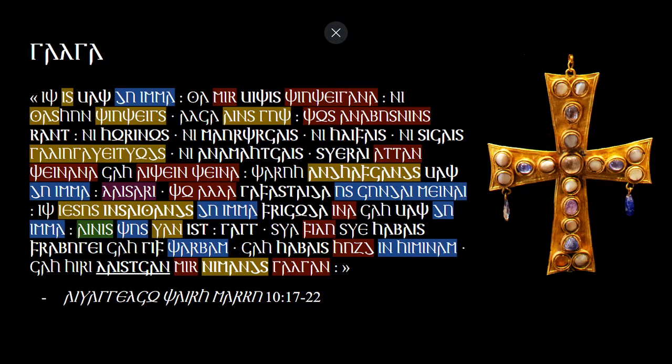So we come on now to our very last artifact, which is, of course, a cross, galga. And you might notice the connection with the word gallows, because that's the word that the Goths were thinking of to describe a cross. So this passage is from the Gospel of Mark, chapter 10, verses 17 to 22, and it reads,